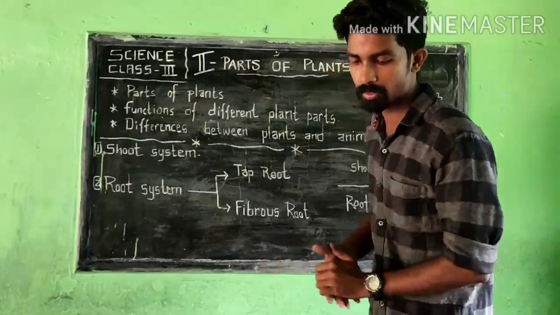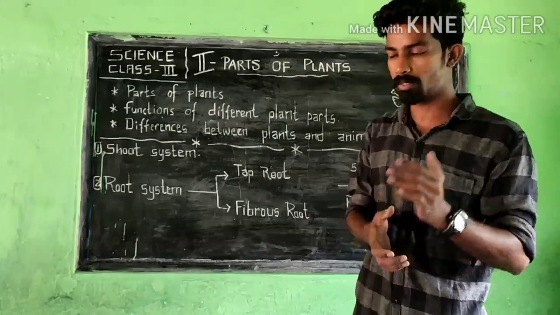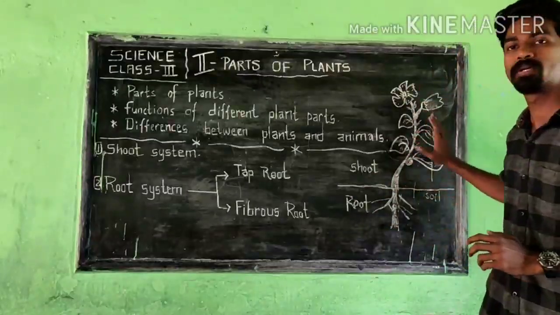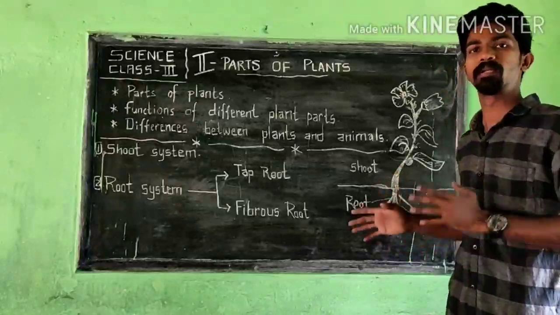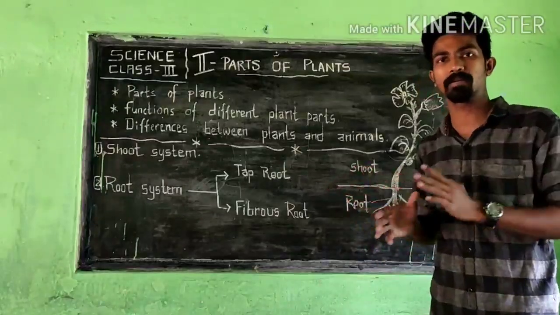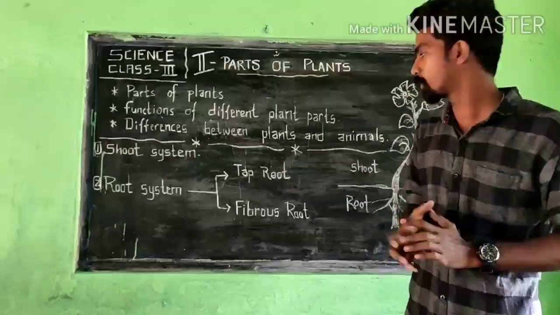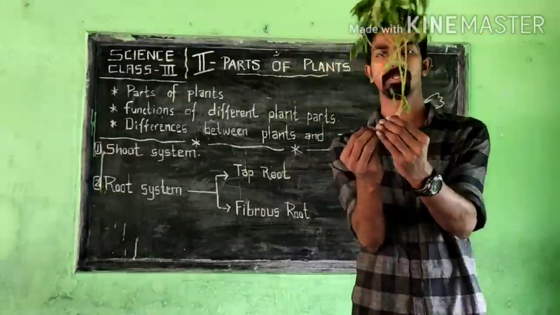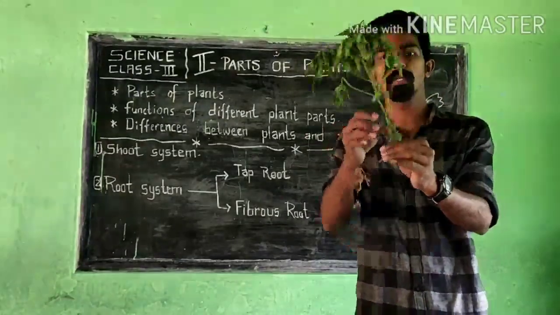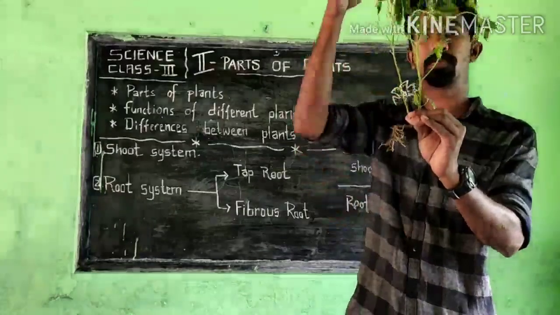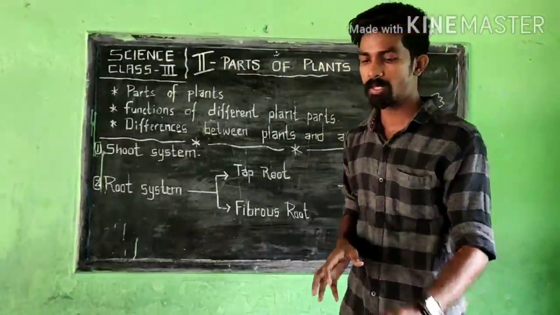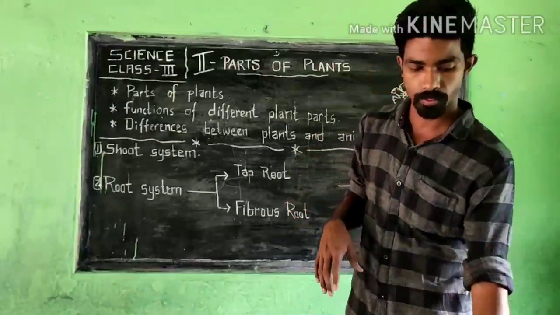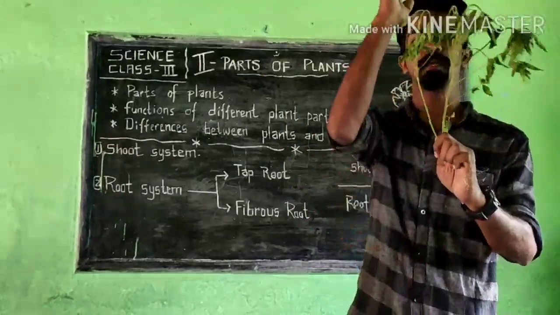Then moving to the third one. It helps the plant to stand straight. ऐसा plants को एक posture देने के लिए roots help the plant. Without the help of the root, the plant cannot stand straight. Because of this strong root portion, the plant can stand upright. That is the third point. It helps the plant stand upright and prevents it from falling down.